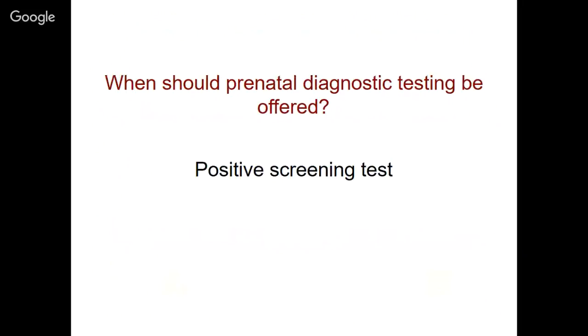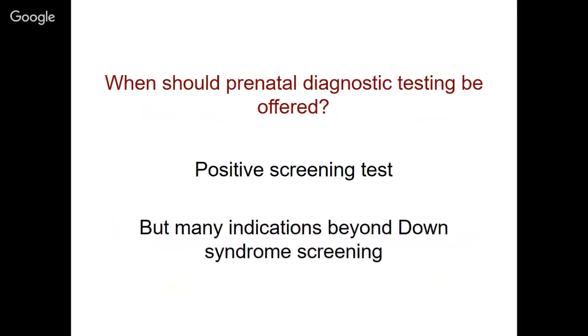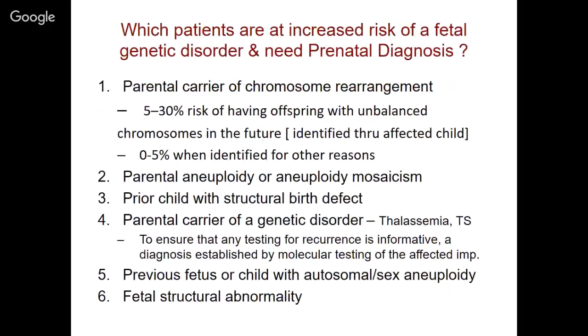In addition to a positive screen, we now understand, after seeing all these cases, that there are many indications for doing invasive testing beyond just a positive Down syndrome screen. These are some of them. If one of the parents is a carrier of a chromosomal translocation, we know that there is up to a 30% risk that the fetus can have an unbalanced translocation and have intellectual disability, so we need to test the